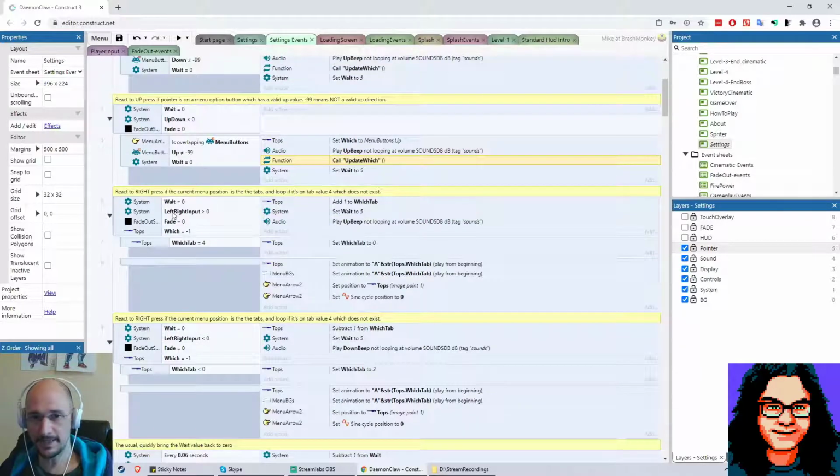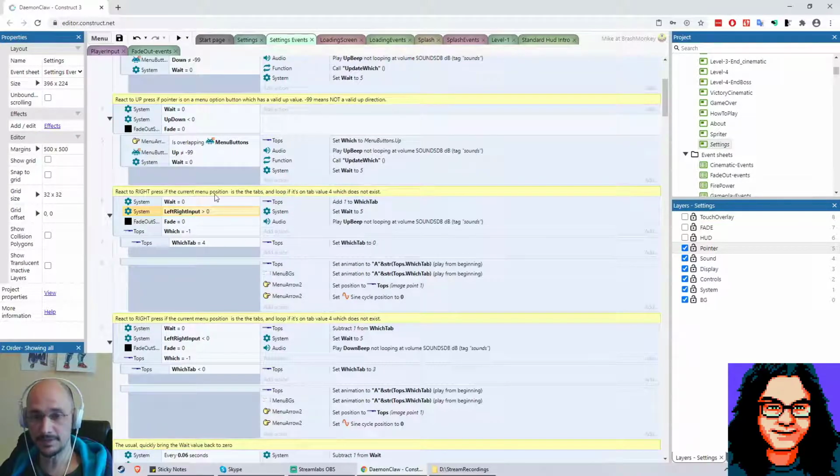And then same exact thing for pressing left and right. This in particular is for right. So up, down is both for up or down. It's a number less than 0 for holding left or pressing left, a number greater than 0 for right, and it's the same thing with up and down. So you can see the logic is the same, except, oh yeah, this is specifically for when it's